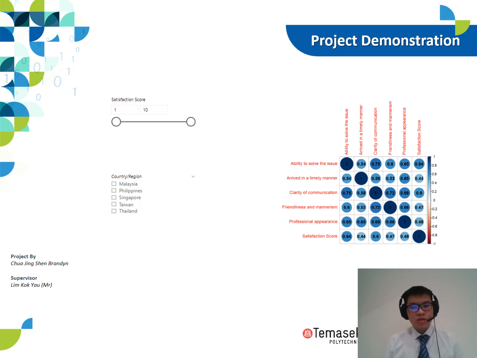Among all of these graphs, I still have some which I will not be able to show you because of time constraints, such as the sentiment analysis graph, which studies customer sentiments. There are also the most commonly seen word phrases and the most commonly used words. All in all, these slicers combined with all of these graphs allow higher levels of management and the data team themselves to drill down